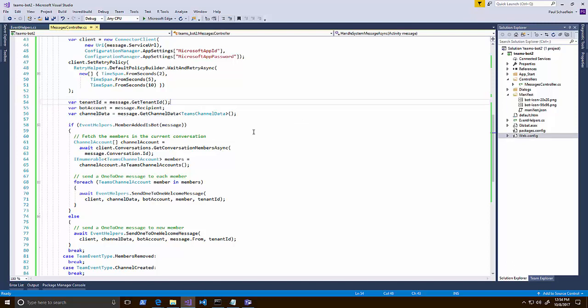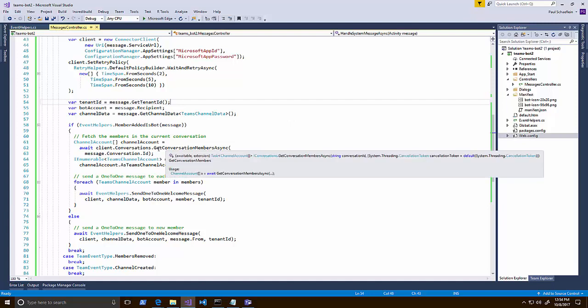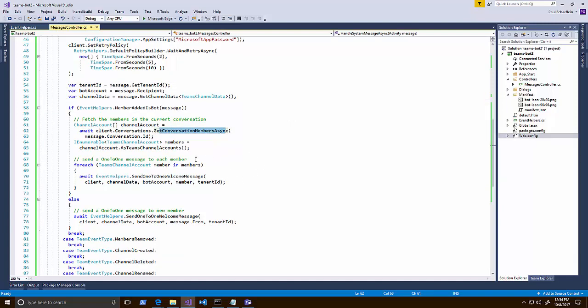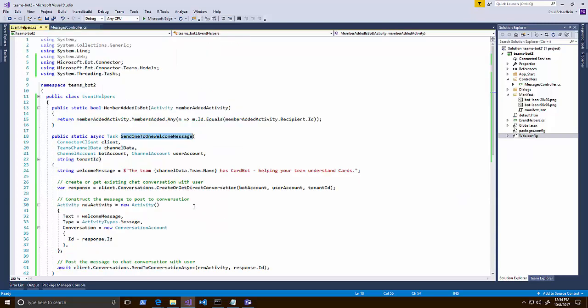And so by using the channel data, I can then get the conversation members of a channel. In this particular example, we're getting the list of members, converting them to what we call Teams accounts, and then looping through each one and sending a one-on-one message. Sending a one-on-one message is pretty straightforward. We just build our string, and we can do a response back to that